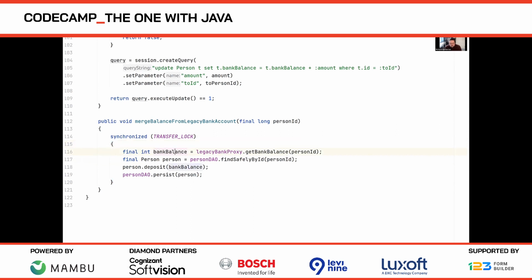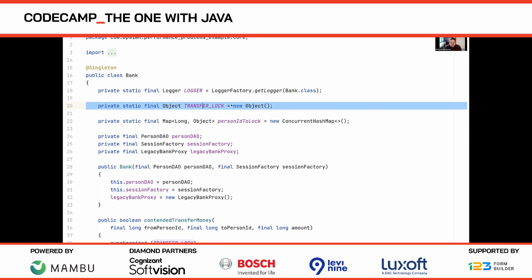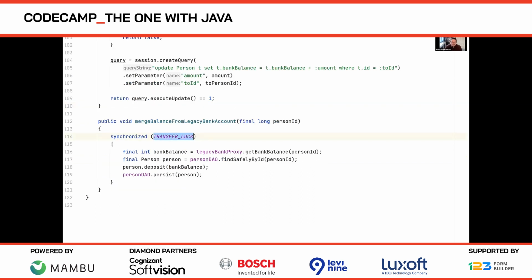Now, we don't do any maths, we don't do any loops, we don't do any computational work. What we're waiting on, clearly, the only thing left in this method by a process of elimination, is this transfer lock. And if you look at that lock, it's just a single static object. So all threads that are calling this method within this system rely on that one big lock.